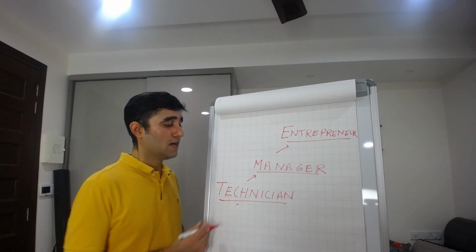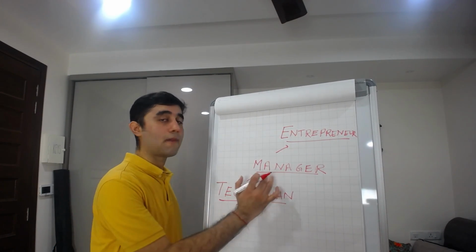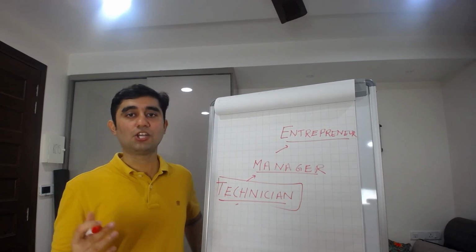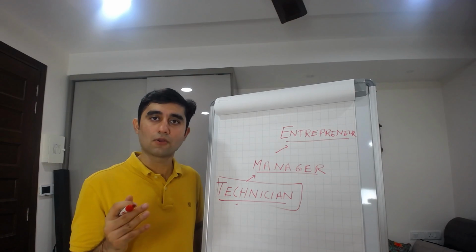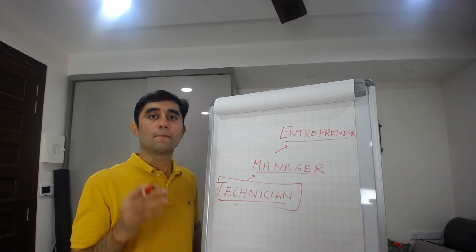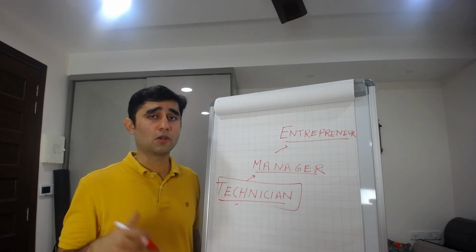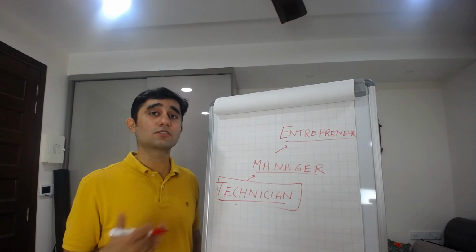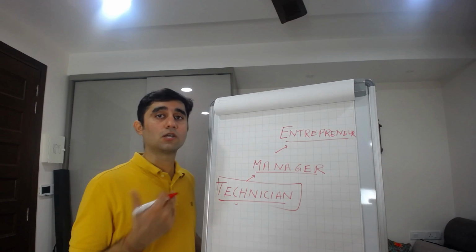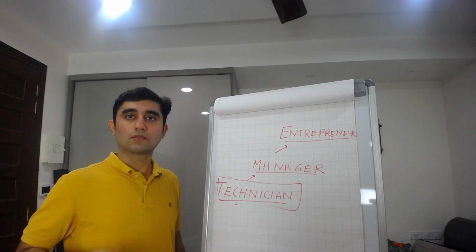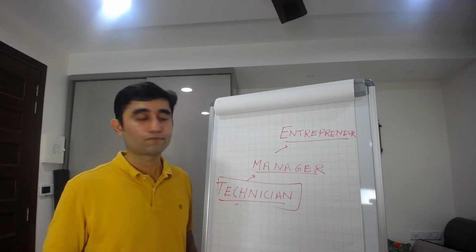So coming back to the three stages: technician, manager, and entrepreneur. Let's talk about the first stage, technician. Technician is that stage of your life when you start your business, and you start handling your operations as well. You are alone or maybe a couple more people with you, and you're trying to manage the things, you're trying to deliver the product or service. You've just started, and now you're trying to create the cash flow and you're trying to grow.